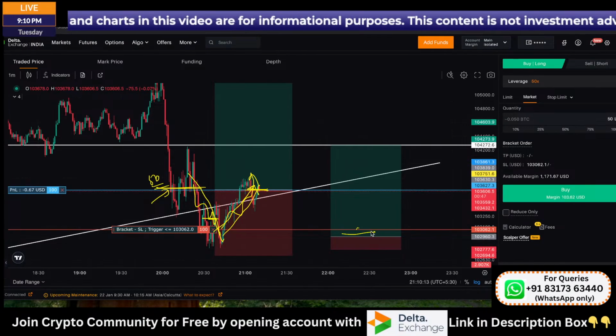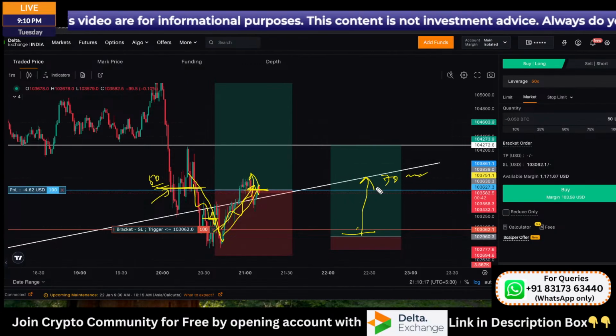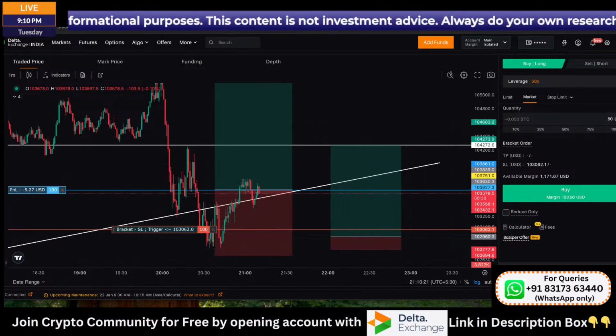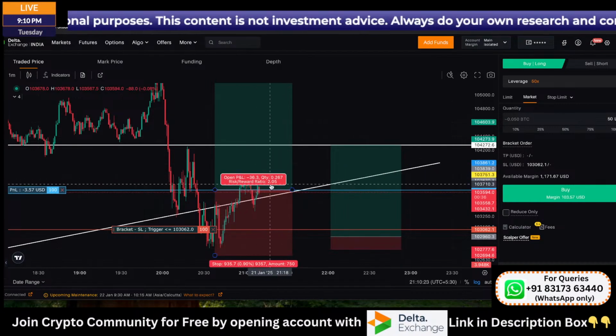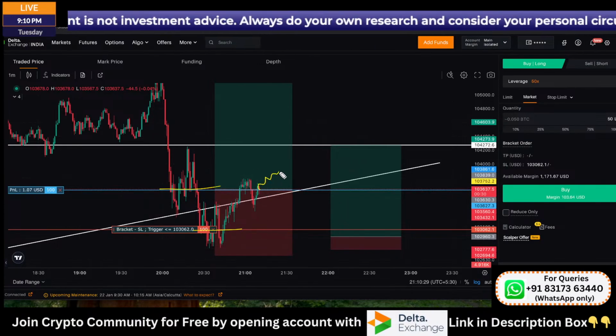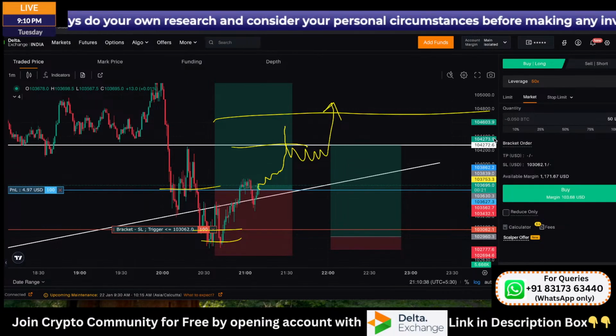People who entered here, you already captured a decent move, around 750 points. Who wanted to exit, you could have exited. But I did not want to miss an opportunity like this. By reducing the risk I can plan, right? So if this is the bottom, if this is the upside, market holds, continues, then I'll be able to capture a bigger movement,